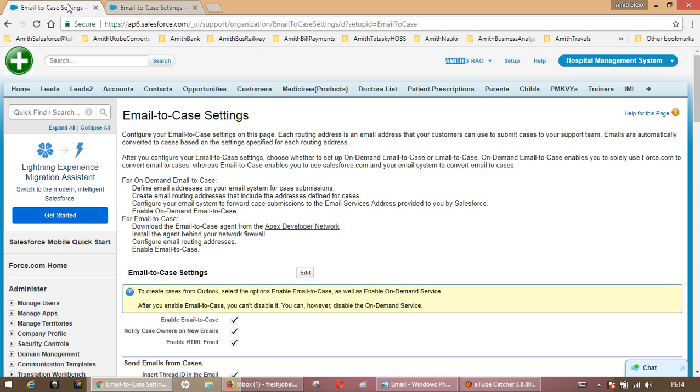So this is what the idea of email to case is all about. It is applied only to the case object, remember, and whenever customers inquire via email, it automatically converts the customer emails to cases. This is the main automation. For that, what we have to do is